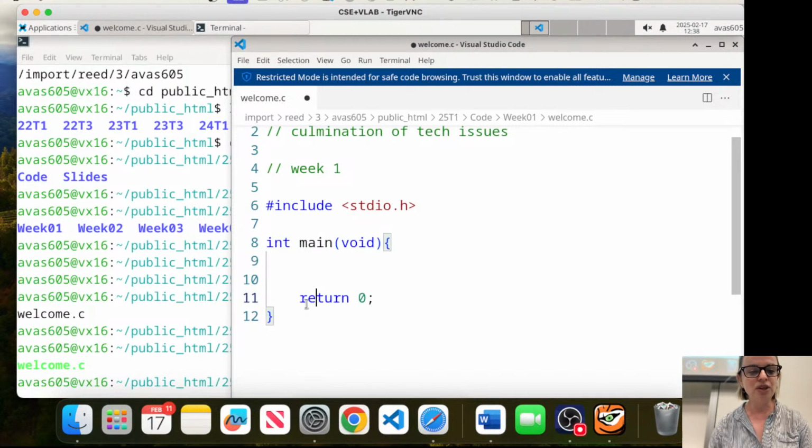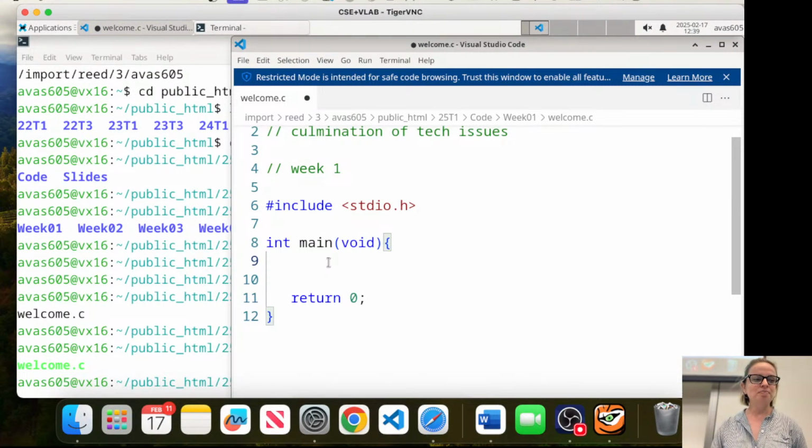Okay, so for now it's going to be returning either 0 or 1. In C, usually 0 means that we have had a successful return. That means that no issues have happened, and we've been successful in doing something or other. And 1 means that we have had some issues and there might be an error code or something like that. For now, don't worry about the semantics of it. Just kind of remember this structure for now for week 1. We will go into more detail about what all of this means as we go.